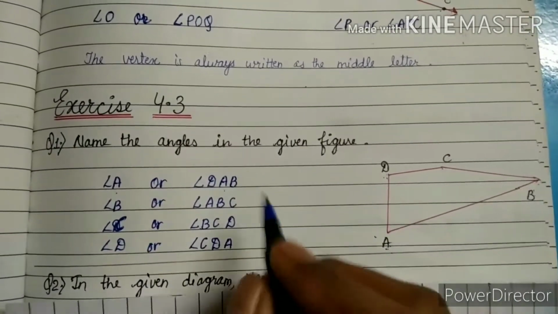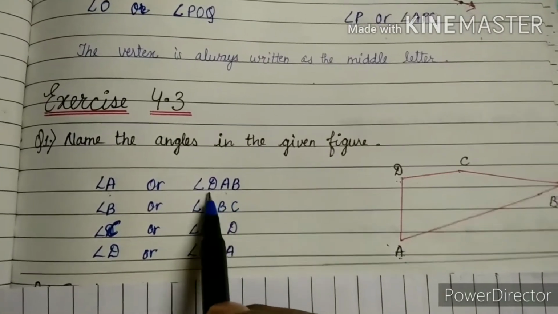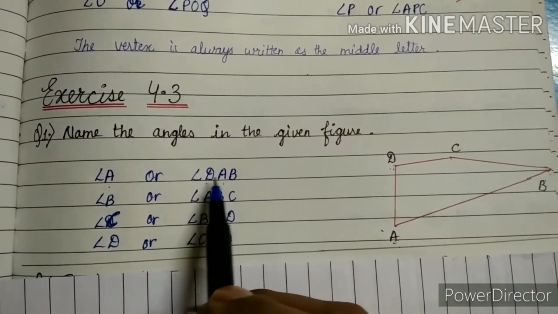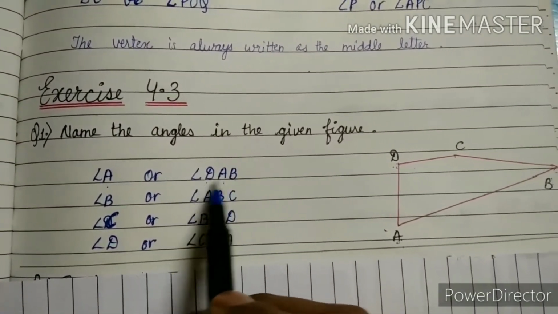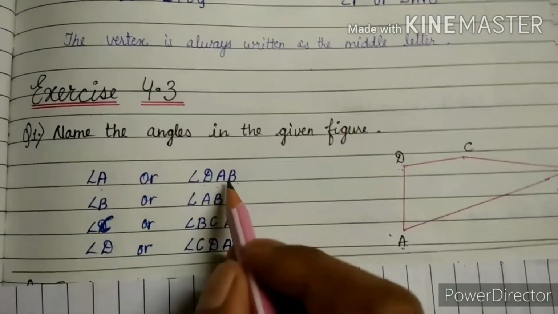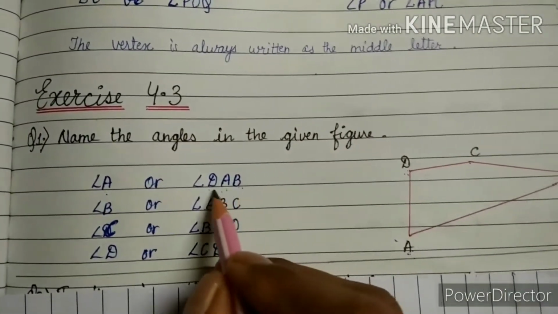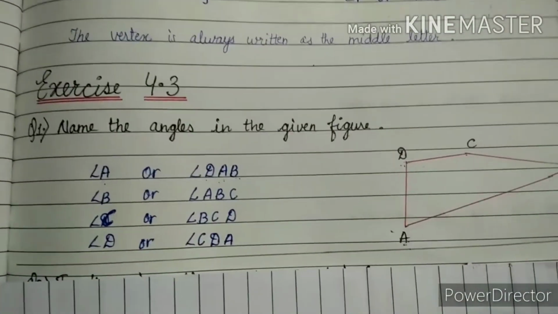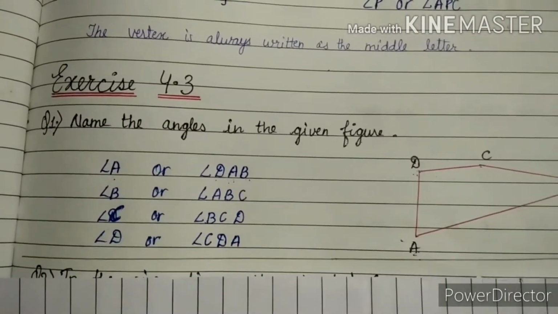Okay, if the left and right places are exchanging their values, it means B is coming on the D place and D is coming on the B place. So it will not be considered an incorrect answer. It is right. Why? Because A is coming in the middle, B is coming in the middle, C is coming in the middle and D is coming in the middle. If D and B are exchanging their places, it will also be considered a correct answer. Okay, so here is our answer of the first question.